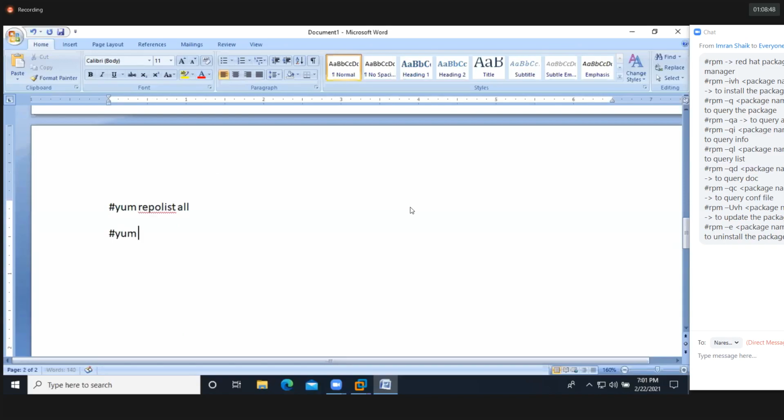Yum info. So yum info and package name to query the package. Information will be shown related to a particular package, like rpm -qi. Yum update and package name, to update the packages.